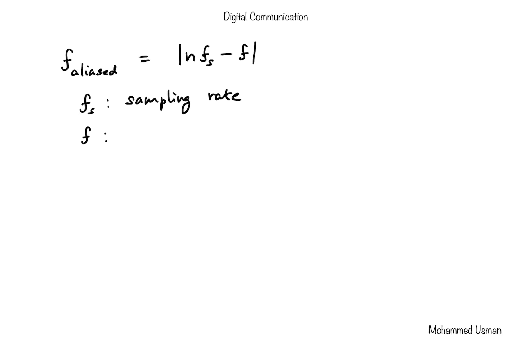And the formula for that is, if we denote the alias frequency as F subscript aliased, we can write that as the magnitude of N times Fs minus F, where Fs is the sampling rate, F is the input frequency, and N is an integer